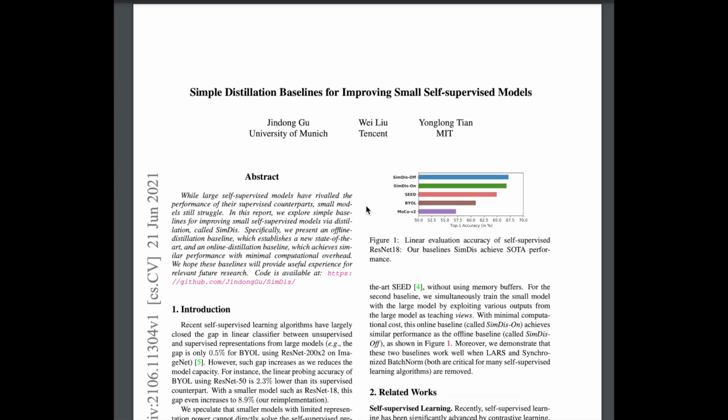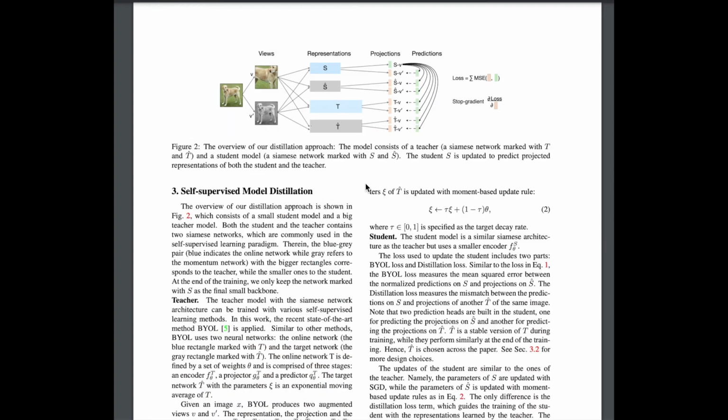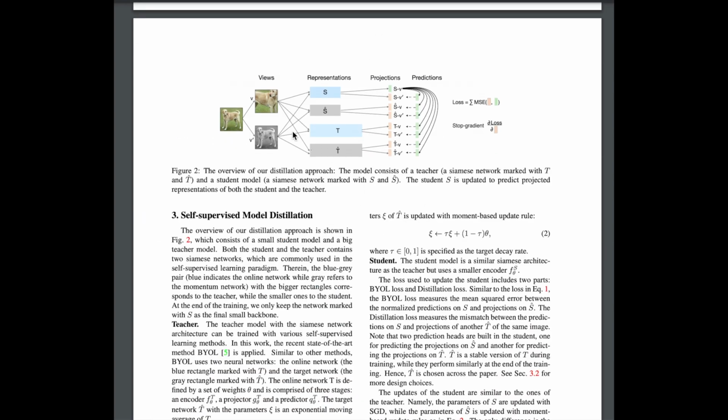Next up, we have simple distillation baselines for improving small self-supervised models. The authors note that these latest techniques like MoCo, Bootstrap Your Own Latent, or SEED, these contrastive learning algorithms, really only work for large-scale models compared to, say, the ResNet 18 model. So they're exploring these two different settings of knowledge distillation, offline and online, for using knowledge distillation to train these